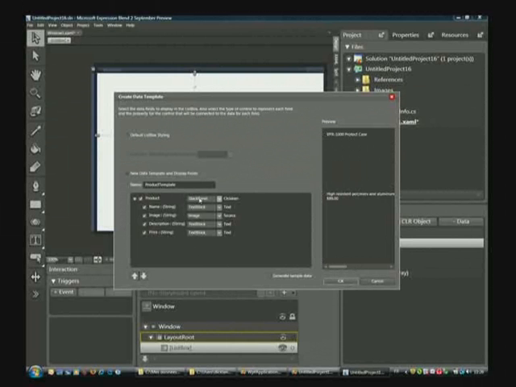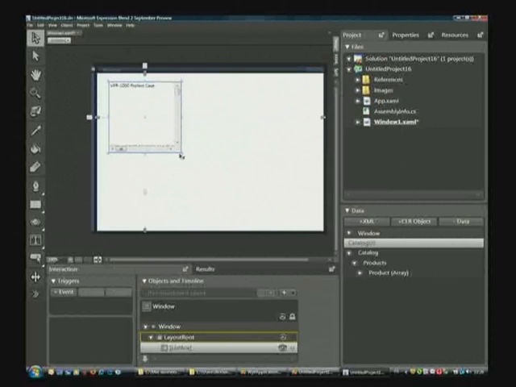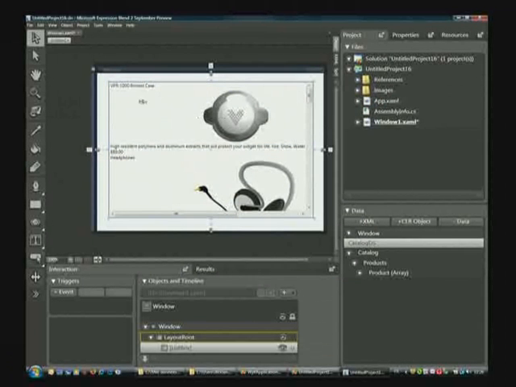For each item Blend will use a stack panel, but I can choose, for example, a grid for each item. Okay. And when I click finish, I have here a list box with all the items. All items is showing a specific project. Okay. If I compile it,